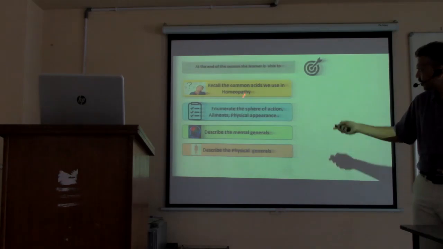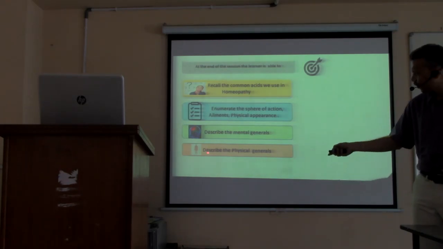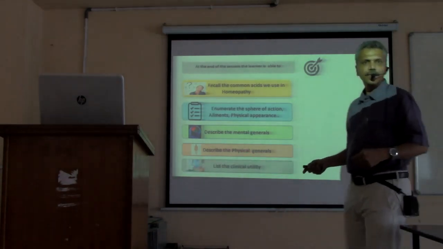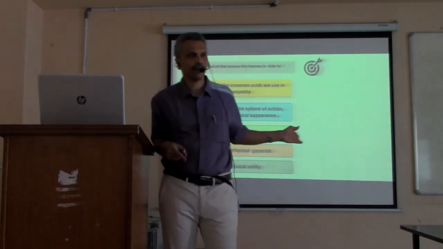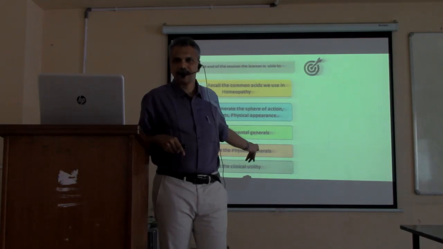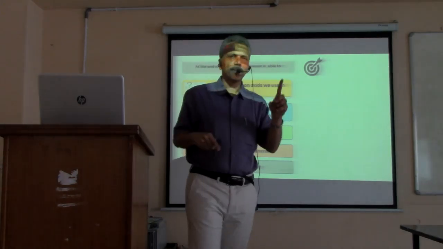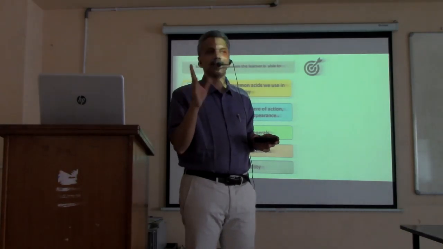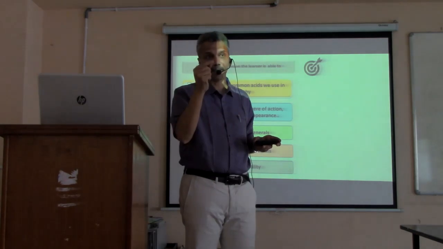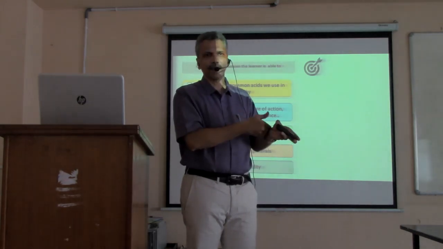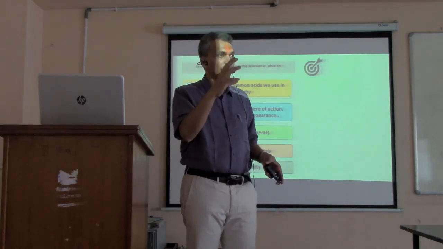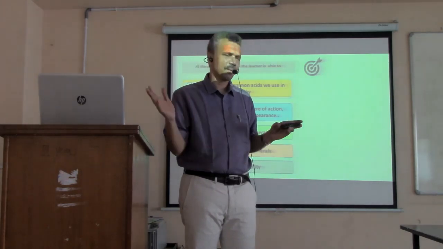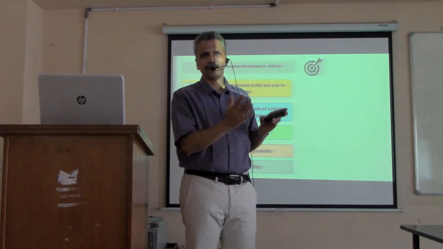This was done in the previous class, the first three objectives. The fourth objective, the physical generals, was told to you in this class, and we also tried to list the clinical utility of acids. One acid you should remember having a beautiful action on bones is fluoric acid. Beautiful remedy. See the depth, and when we do fluoric acid, you will also realize the kind of problems fluoric acid can cure. Varicose veins, varicose ulcers, you have got plenty of things an acid can take care of.